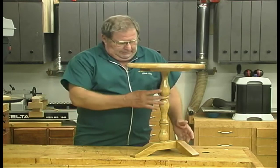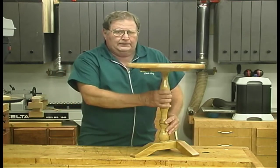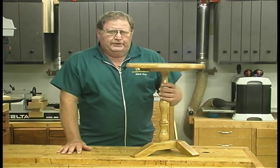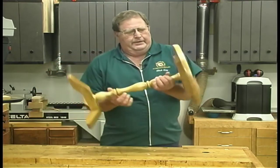I did have to take and lay out my hole and drill it for the column. I just used Tight Bond 2 to glue it together. And then one of the things that I think was kind of neat,